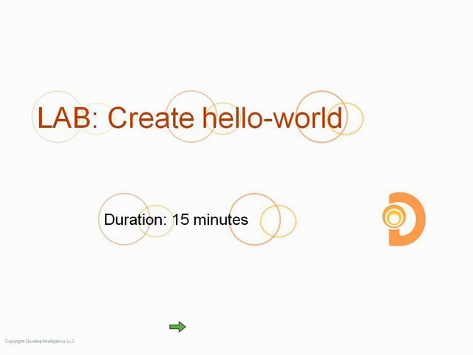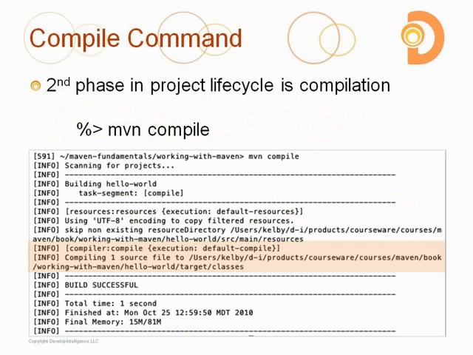So if you can bear with me for another 12-ish minutes, let's talk about the compile lifecycle, and then we'll do a lab. So remember I've got the create lifecycle, I've got the compile lifecycle, I've got the test lifecycle, and I've got the package lifecycle. We just looked at the create lifecycle and the execution of that through the archetype plugin. Now we're saying, hey, we have a valid POM. We don't necessarily know that it's a jar. Maybe it is a jar. Maybe it's a war. Maybe it's an ear. But we want to compile the source code in that